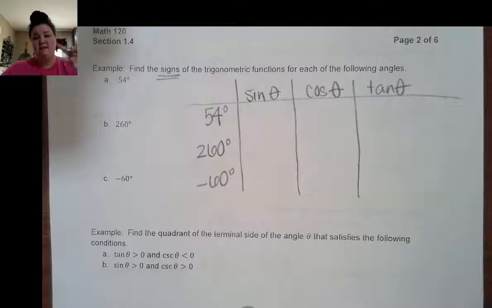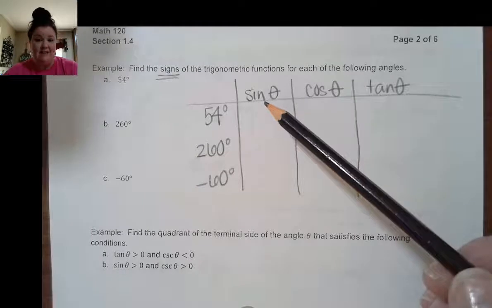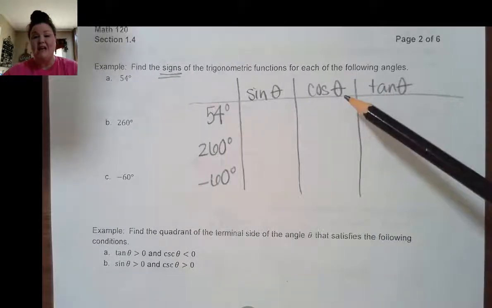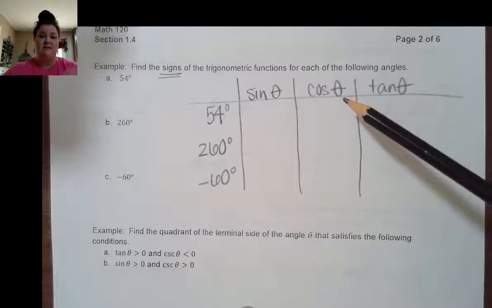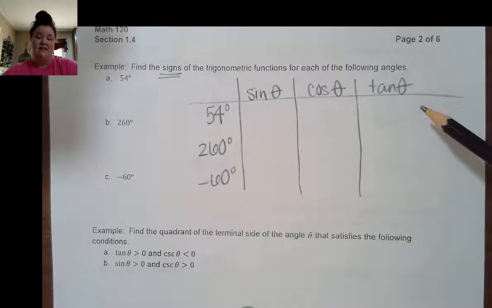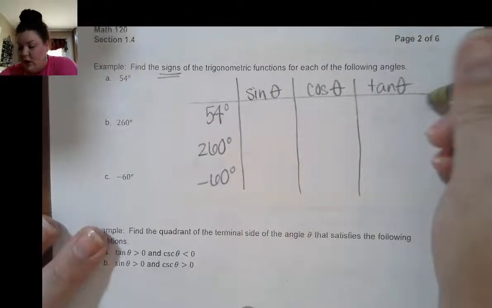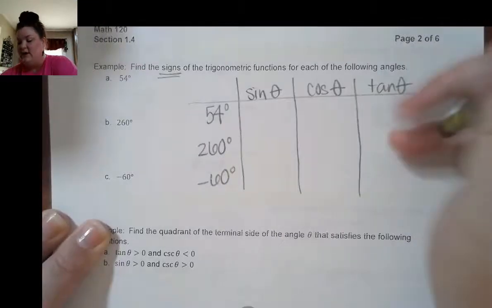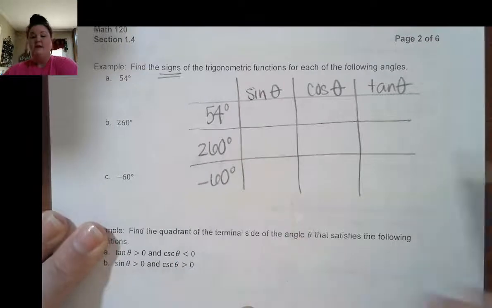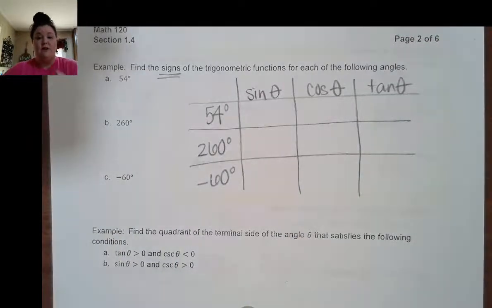Because those are reciprocals, whatever the sign of sine is going to be the sign of cosecant. Whatever the sign of cosine is, that's going to be the sign of secant, right? Whatever the sign of tangent is, that's going to be the sign of cotangent. So I don't have to do all the reciprocal identities when I'm determining the signs. Okay, all right, so I'm going to do the first one, and then I want y'all to try the next